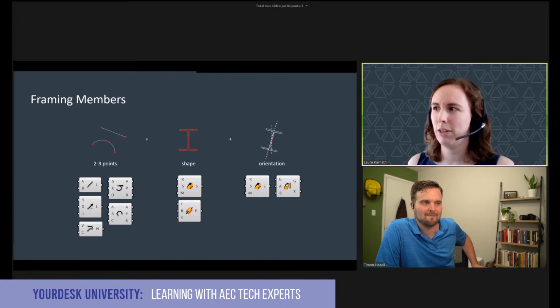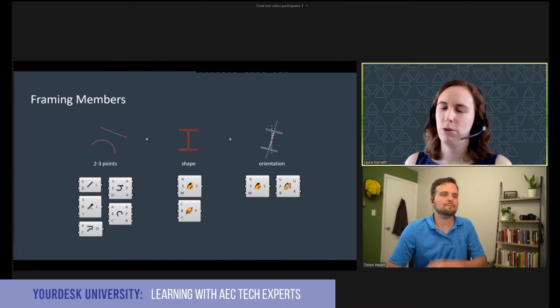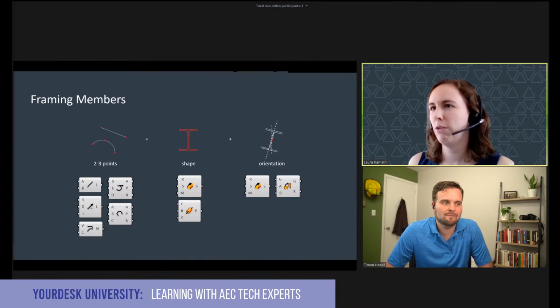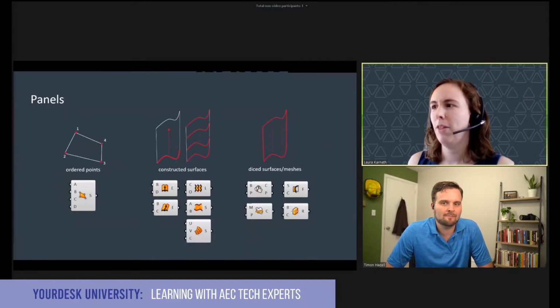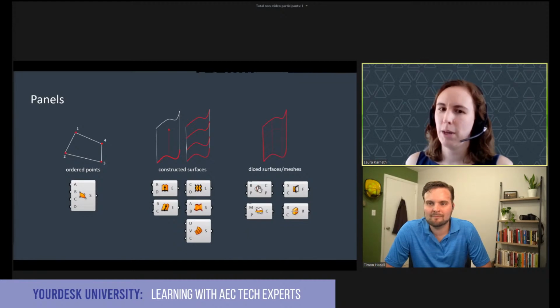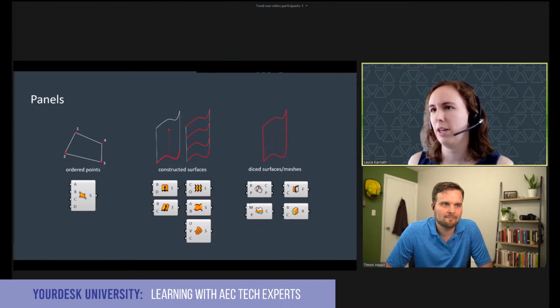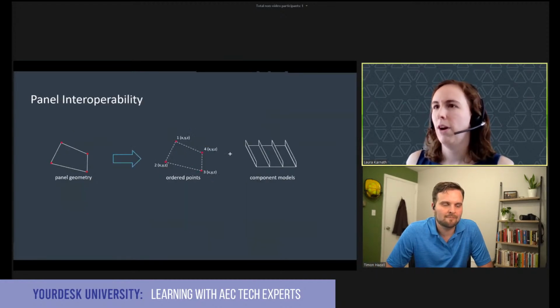And there are also obviously lots of great plugins and tools that will do this. But if you start from the most basic thinking of how you could achieve this without using those plugins, it's good for people to know. And then getting into different ways of making panels, because we do a lot of that on our facades. Are we constructing the surface? Are we taking a surface from the architect and dicing it? All of that good stuff. And then breaking those back down.